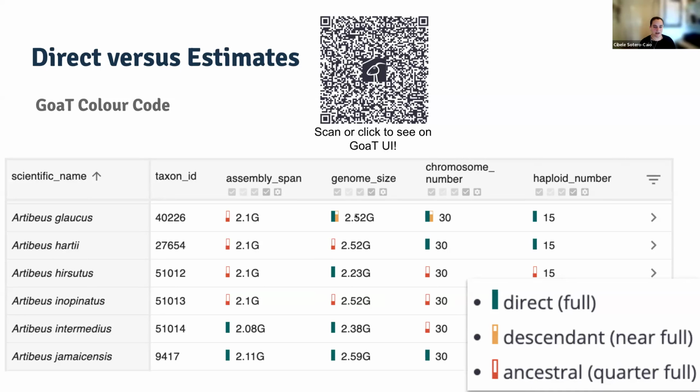Anyways, for genome size, you can see here that there is this bar with the green and also the orange, which means that there are more values coming from subspecies for this one here. So it's nice that it creates a way to show you that there is a direct value for the species, and there is also a value coming from a descendant, usually the rank below. In this case, it's subspecies.